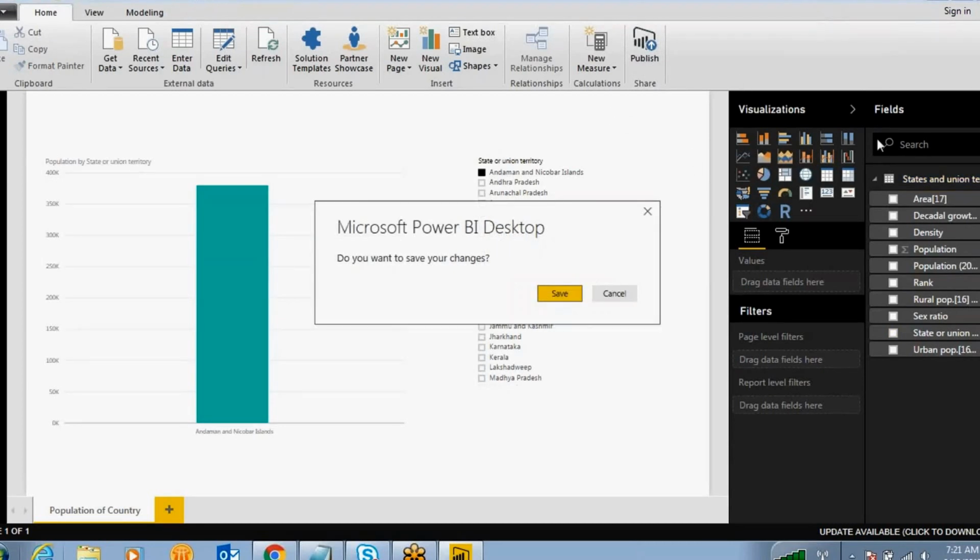So this is the way you can take the data from a web URL and directly design a report by converting the data types, and you can publish these reports into Power BI service, where people can see the report, share it, and collaborate on it with other people.